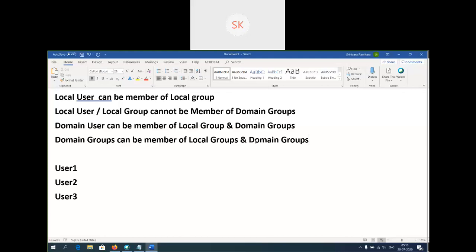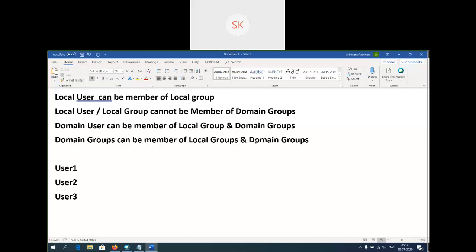Okay, I'm not going to confuse you at this moment, so it's up to you to learn more about the groups concept whenever it's required in your enterprise environment. All administrators are not going to work on Active Directory. Why I'm discussing this here is that Active Directory components are basic components.